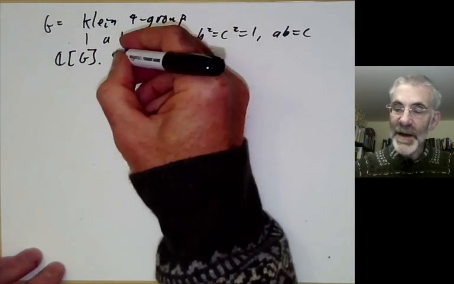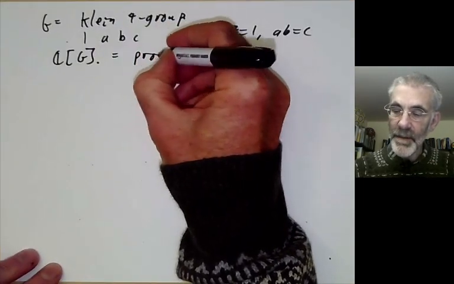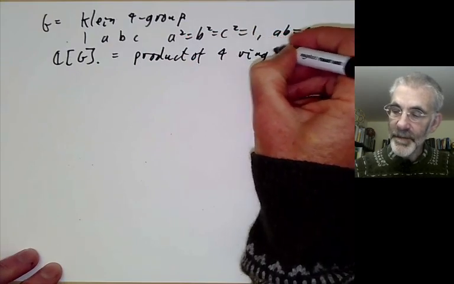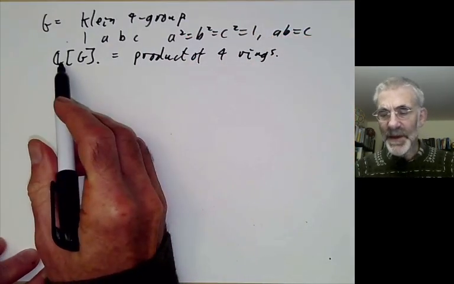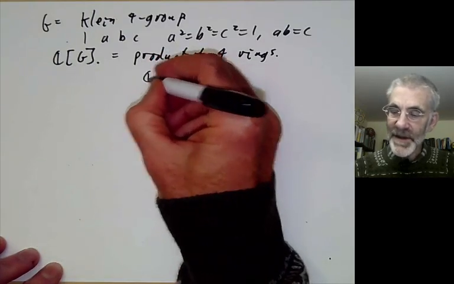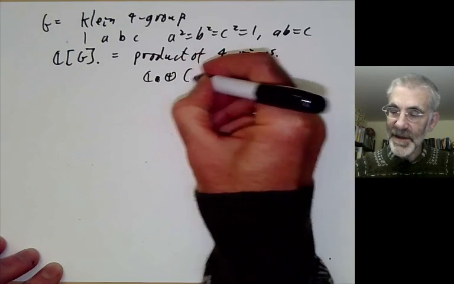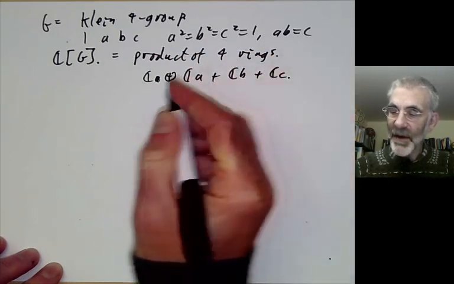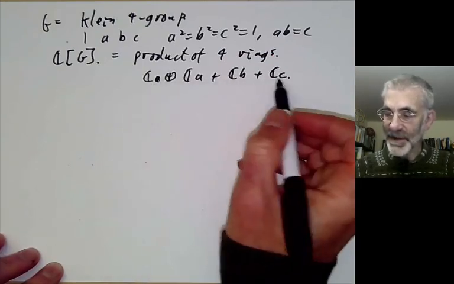And this group ring actually splits as a product of 4 rings. Well, it certainly splits as a product of 4 vector spaces because you can write it as C plus Ca plus Cb plus Cc. However, this is not a product of rings because